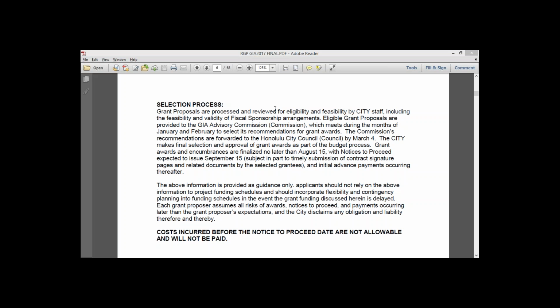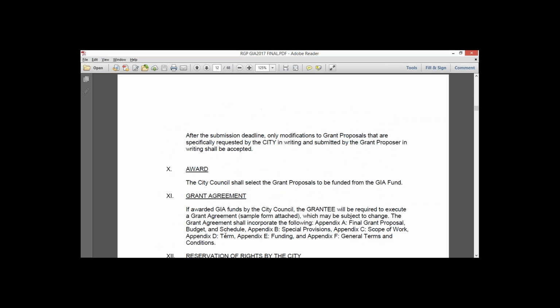Let's jump over to page 12. I wanted to point this out to you. So section 10 of the RGP shows that it's the City Council that ultimately selects the grant proposals that will